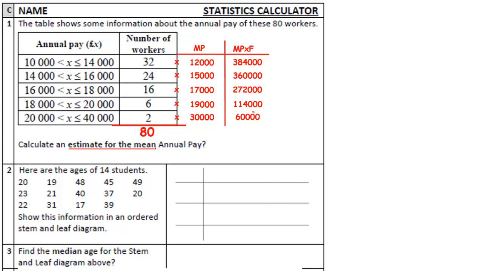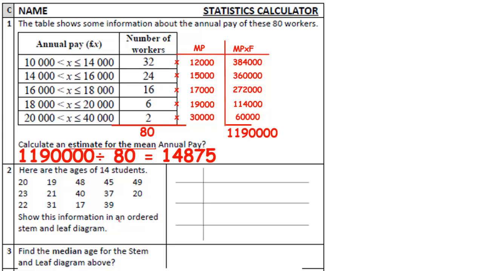We need to work out the total of midpoint times frequency, so add them up. I'm going to get 1,190,000. I'm going to divide that by 80 to work out the estimated annual pay. That number is in pounds. You can put a pound sign in front of it if you wish, but 14,875 should be your final answer. Make sure you're able to do this in one go,